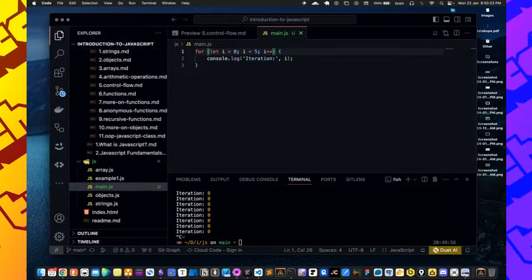So we have let i equal 0, i is less than 5. Let's say i is less than 50, for example, right? i plus plus is going to take that every one step. Okay, so what you can do is to then maybe check. You can add some additional conditions, maybe like you can say if